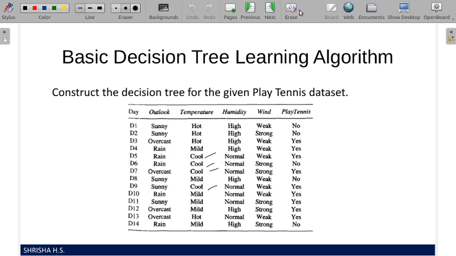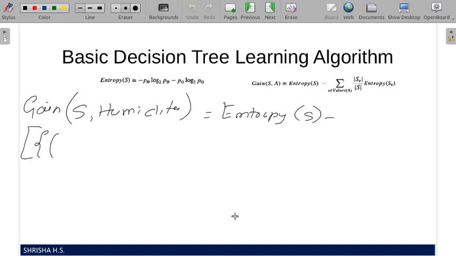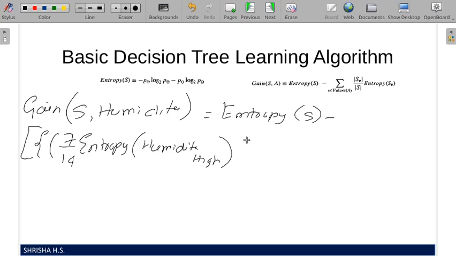The values of humidity are high and normal, only two values are there. How many highs are there? 1, 2, 3, 4, 5, 6, 7 highs are there. So out of 14, 7 highs are there. Calculate the entropy of the instances where humidity is high, plus